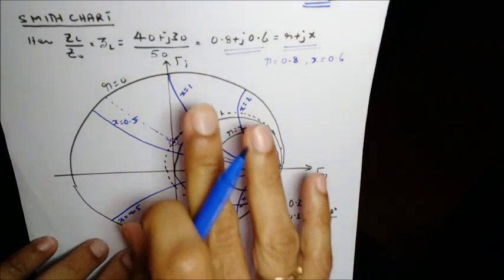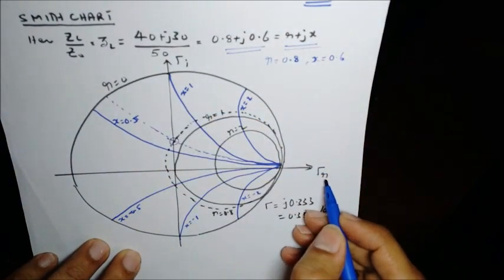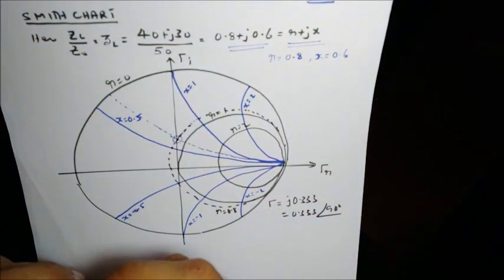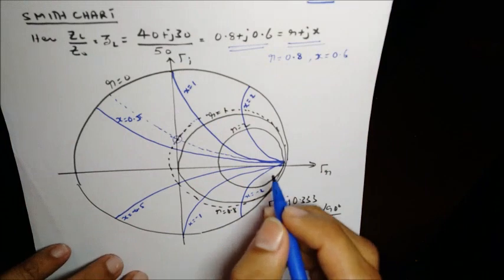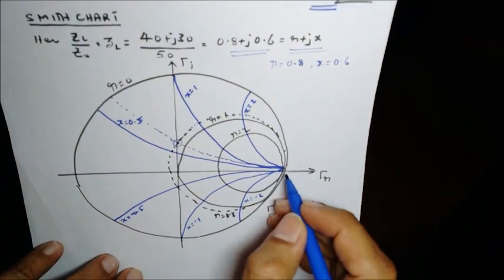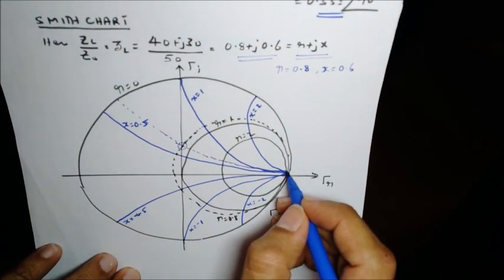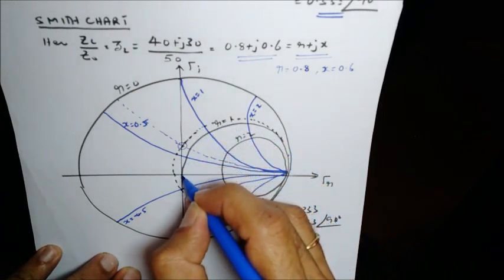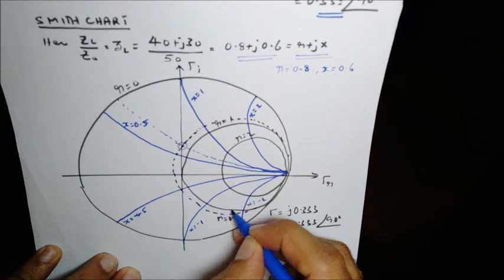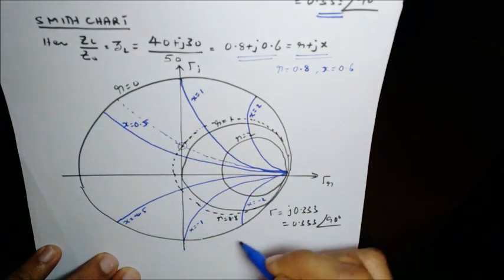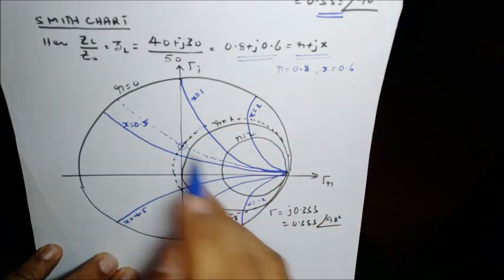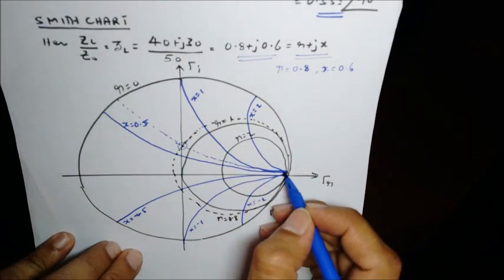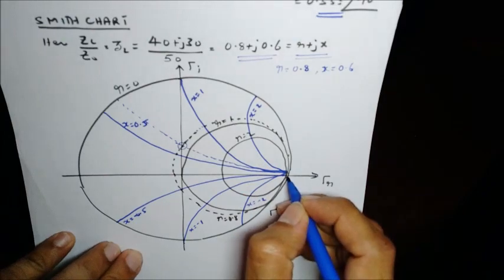So this is the Smith chart, if you recall. Gamma R axis, that is the real part of the reflection coefficient. Gamma I axis, the imaginary part of the reflection coefficient. And we have already discussed that r equal to 1 circle is this, the dark one here, and this is the r equal to 0 circle, and in between you will have other circles of various values for r. r equal to 3 will be somewhere here, and so on. r equal to infinity is here, if you recall.